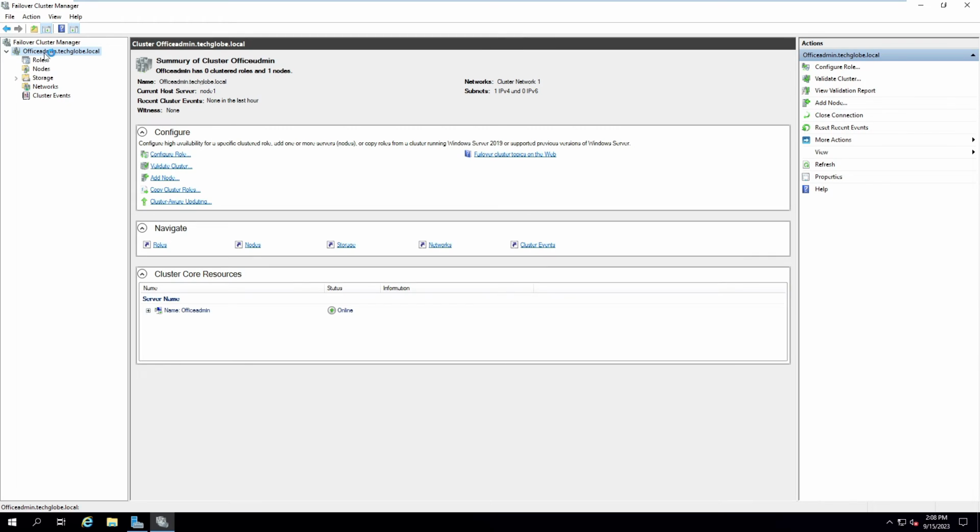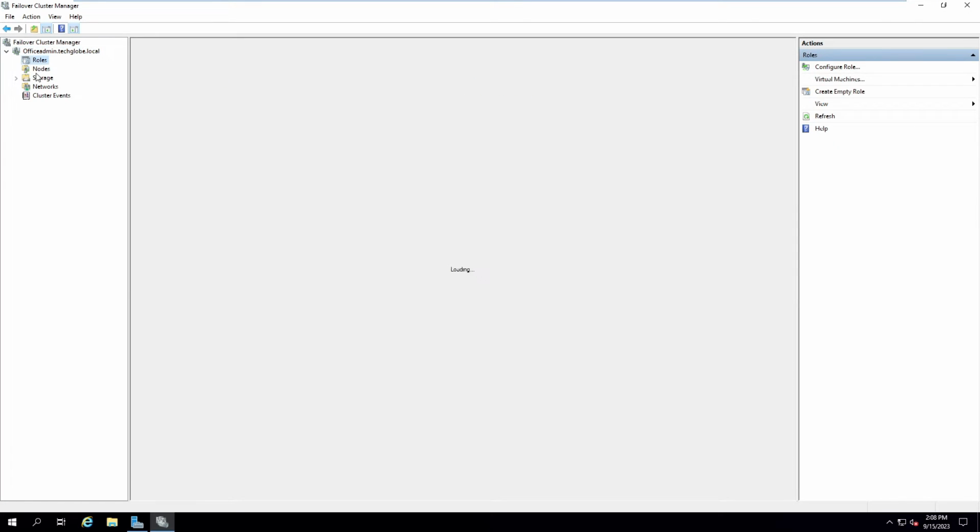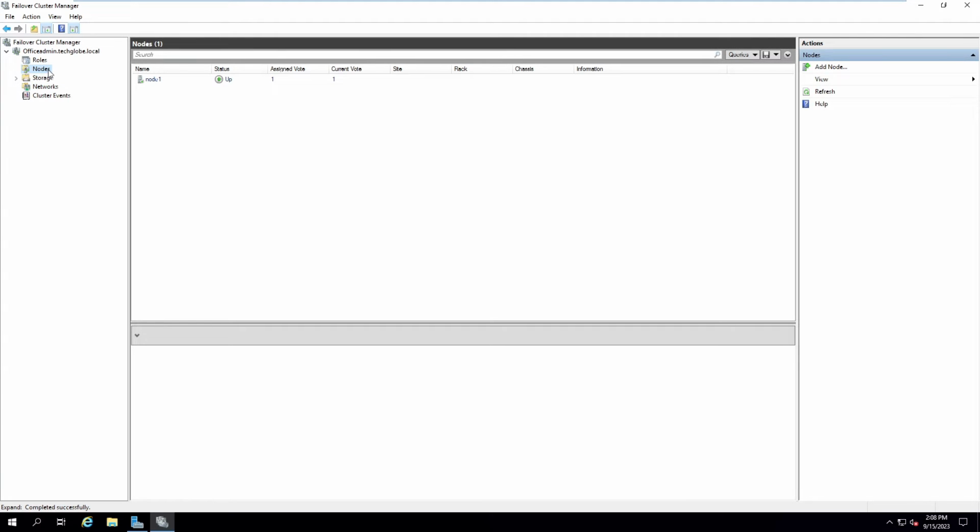Now we have successfully installed. This is the full name, officeadmin.techglob.local. Here I'm going to add a node, the second server, and right click and add a node